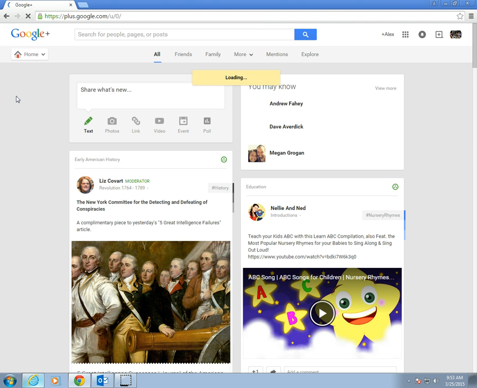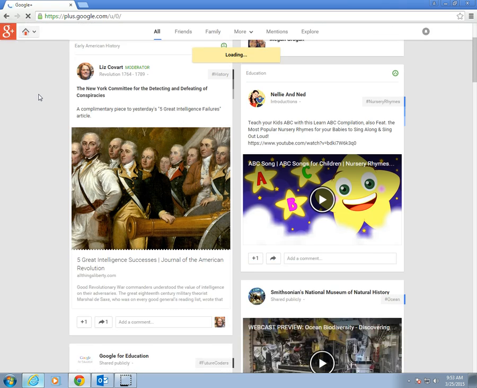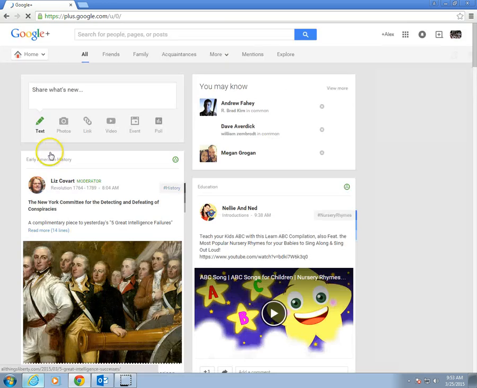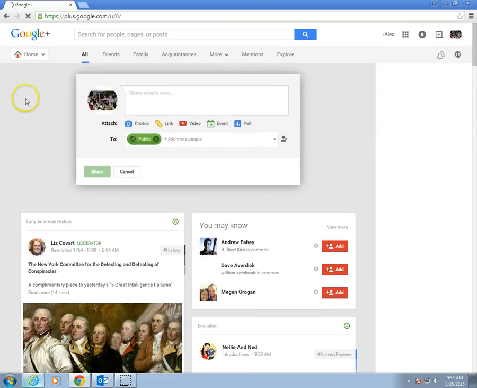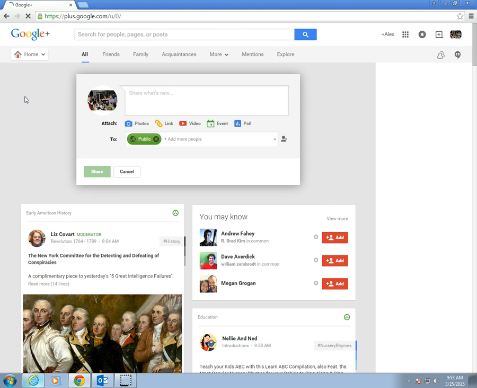As soon as this loads, I'll go ahead and get into what we're able to do with this and why this is a useful tool for you to use. Oh, it's going to let me scroll. Okay, but looking at share what's new, this is beneficial because I think that this is like we use Twitter, things like that. If you were able to create a Google Classroom where you're able to share these things with your students, again, like Edmodo, you're able to post photos, links, videos, have polls, things like that. You're able to put assignments on here as well that I find very useful,